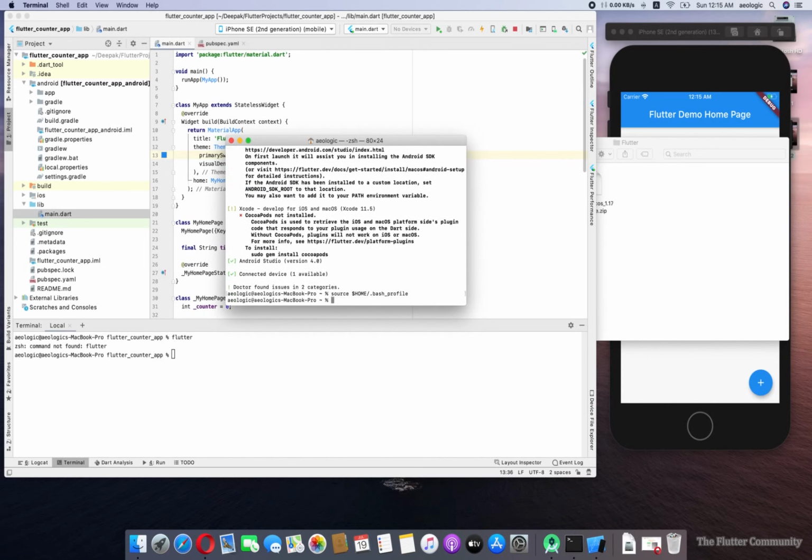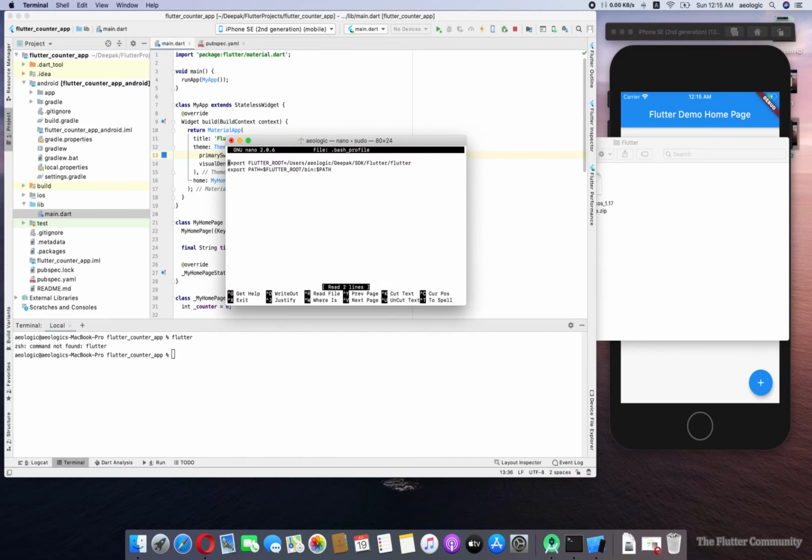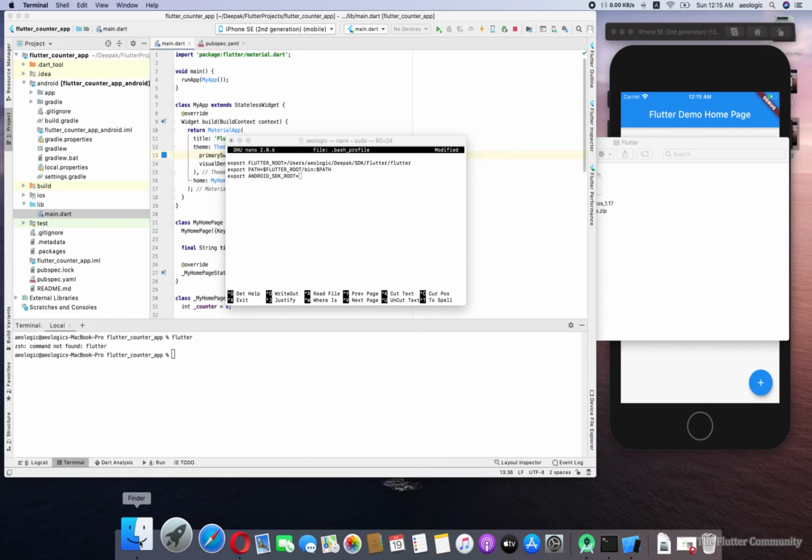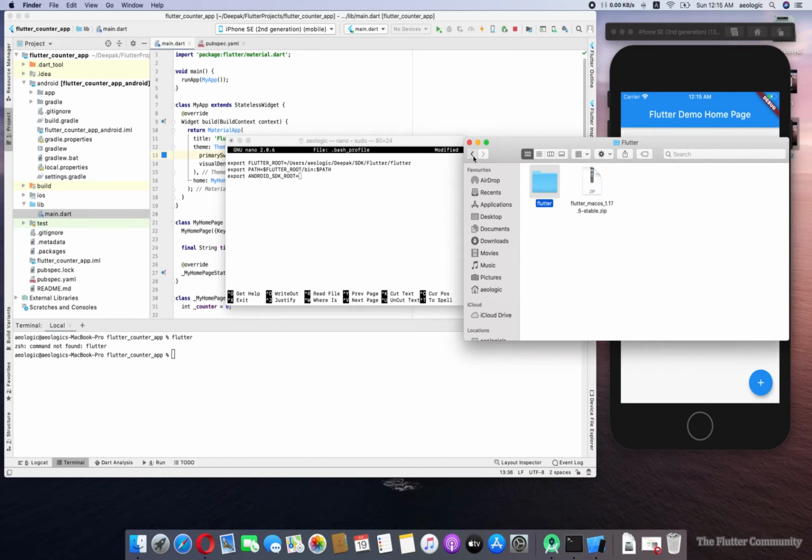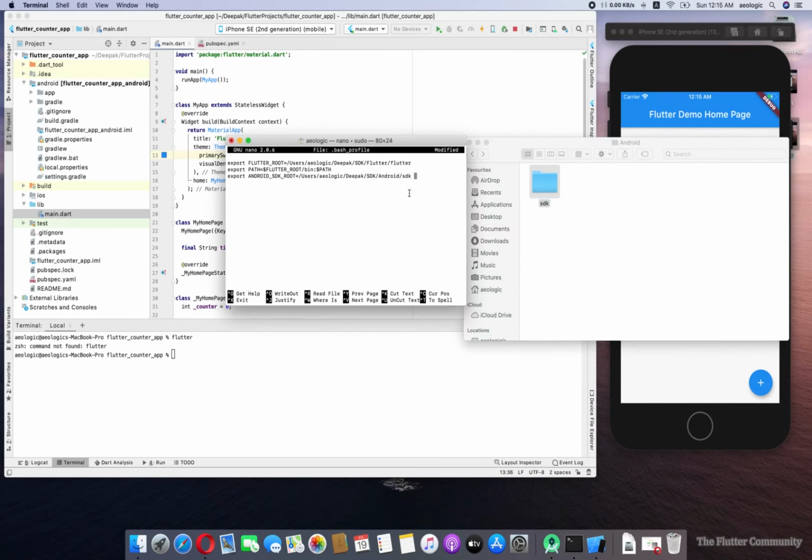Go with the same command, sorry, this one, and write export ANDROID_SDK_ROOT and locate the Android SDK here. This is our Android root directory. So I am just pasting it here. Now it's done. Control X, Y, enter.